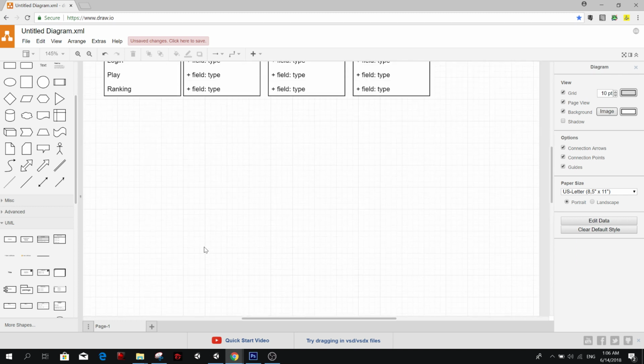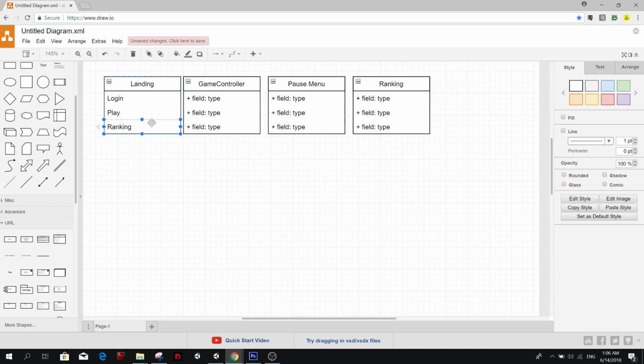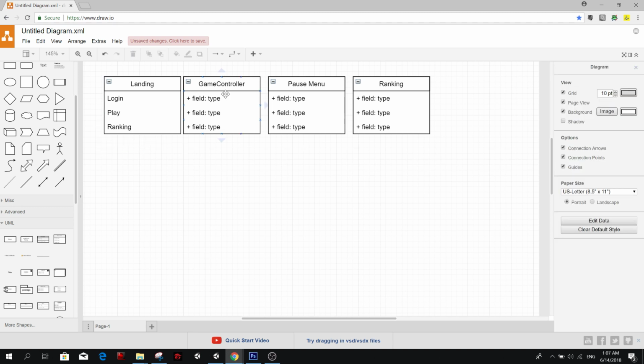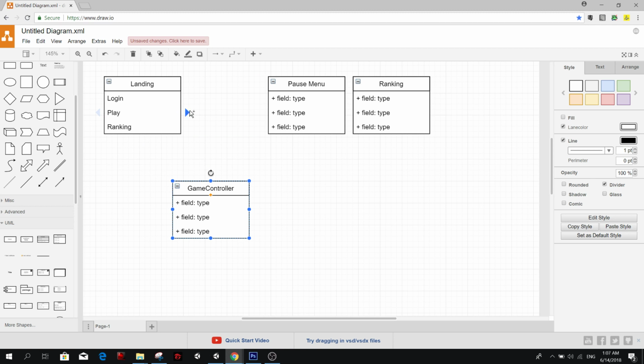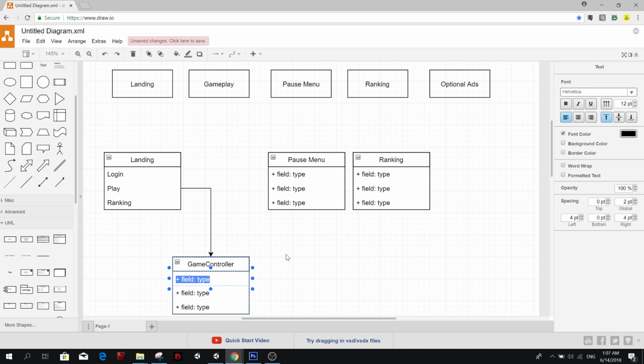Anything else? I don't know. Let's go with those three first. So play will take us to the game controller. Login will just pop up something there. The pause menu is during the gameplay.